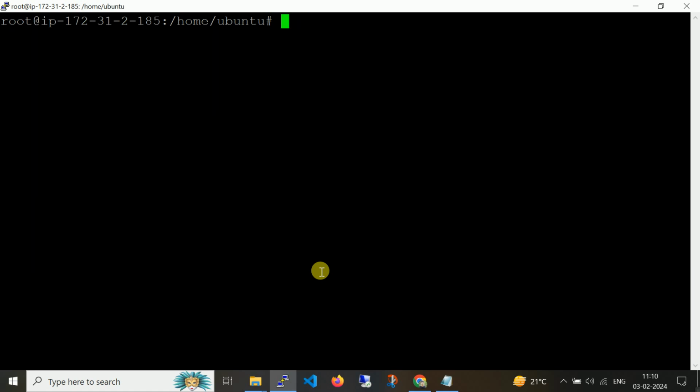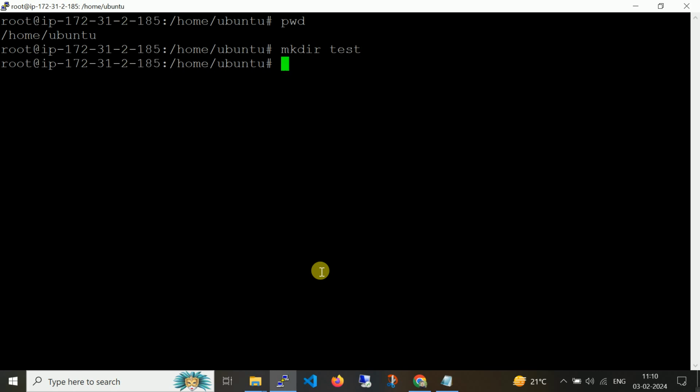So now I am currently in /home/ubuntu. Let me create a folder called test, and now I'm running the container.